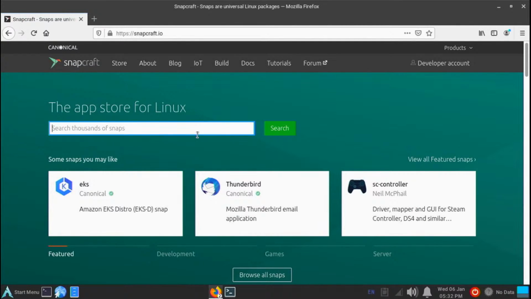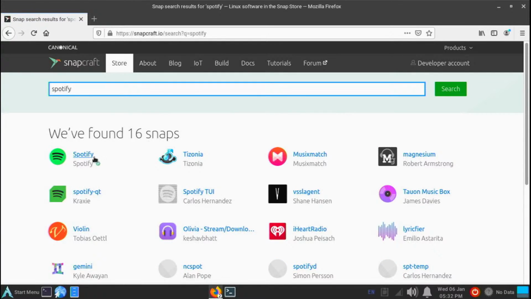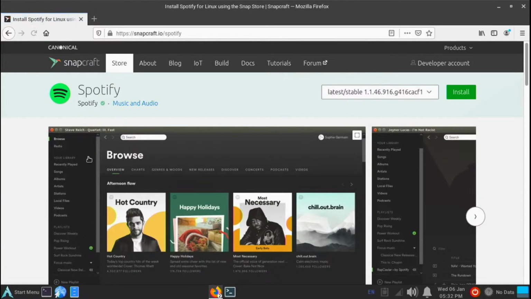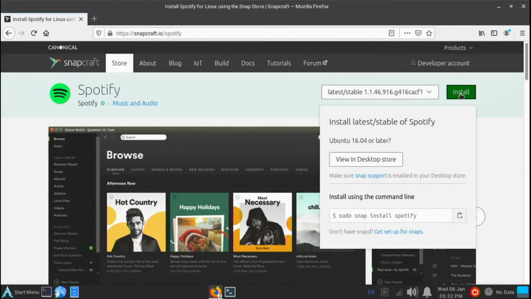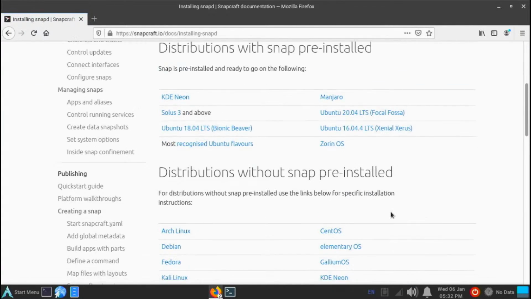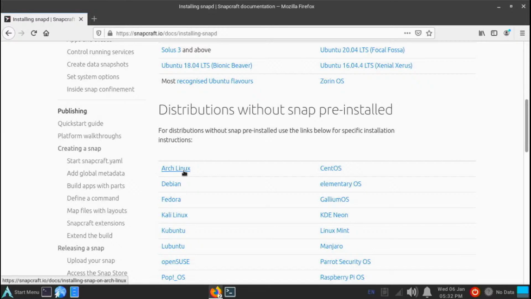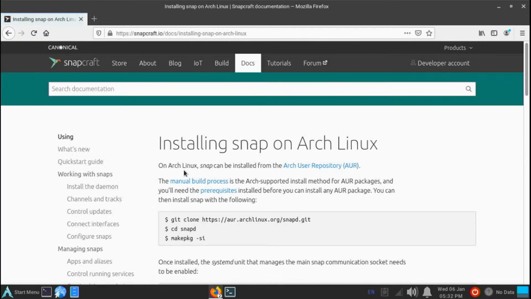and if we search for Spotify, click into Spotify, and go to install, and because we haven't got snaps installed on here yet, if I go to get set up, select Arch Linux from the distributions without snap pre-installed list here, and then we choose the commands that we've got here. So we need to run this git command first of all, so highlight it, right click and copy,